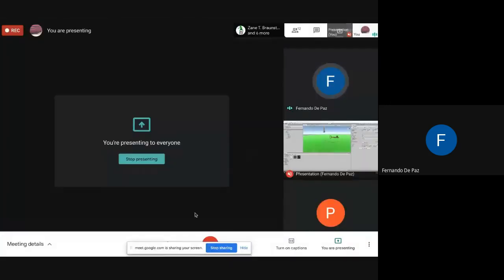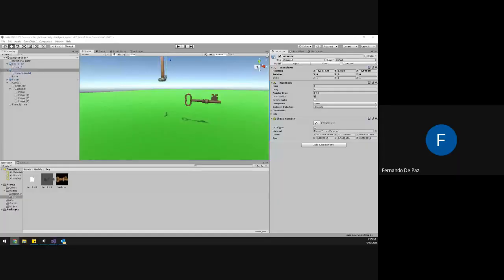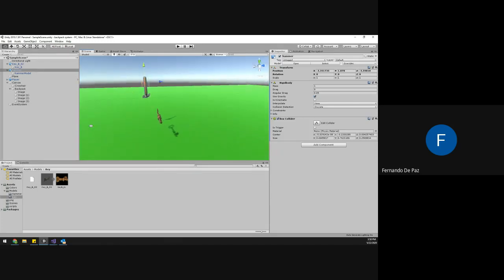We're good. Okay. So hopefully everyone was able to make their object with a box collider and a rigid body. So now that we have that, let's go back to my presentation. Once you have this, the next thing we're going to do is tag these objects